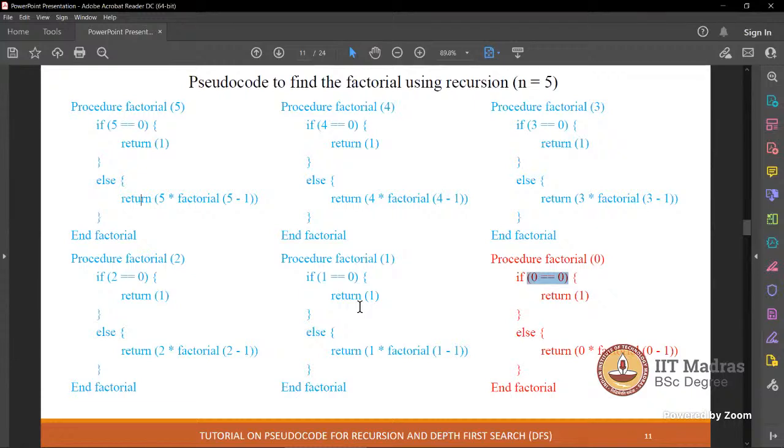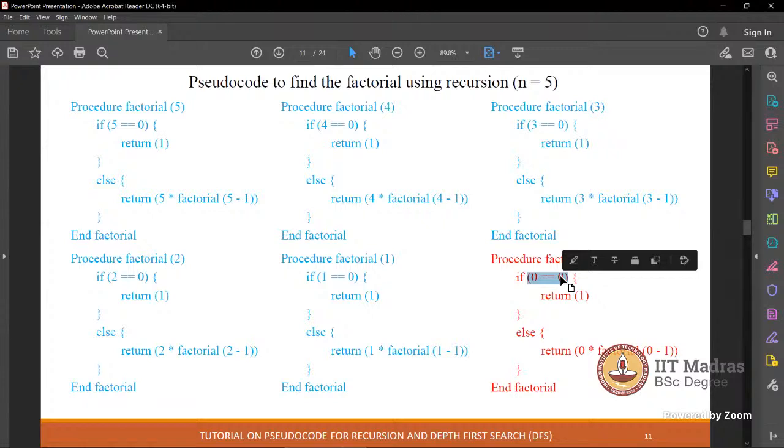So what is a base case? Base case is the condition where our procedure should stop. Now what we did, we kept doing this factorial. We called factorial of 5 minus 1, then called factorial of 4 minus 1, then we called it with 3 minus 1. At some point we have to stop this. When will we stop? When n becomes 0. That's when we should stop, right? What is factorial of 5?